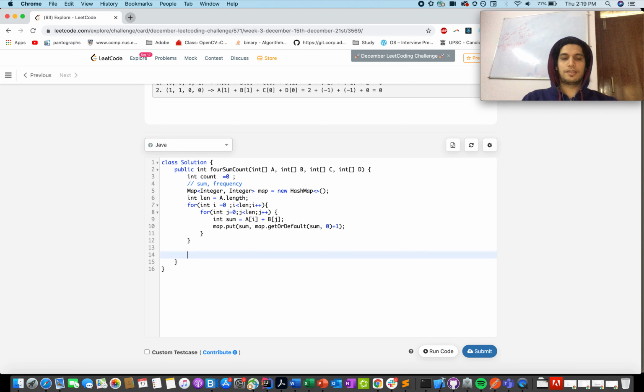Now let's repeat this process again with C and D. For integer i equals to 0, i is less than len, i plus plus. For integer j equals to 0, j is less than len, j plus plus. Integer sum equals to C of i plus D of j.